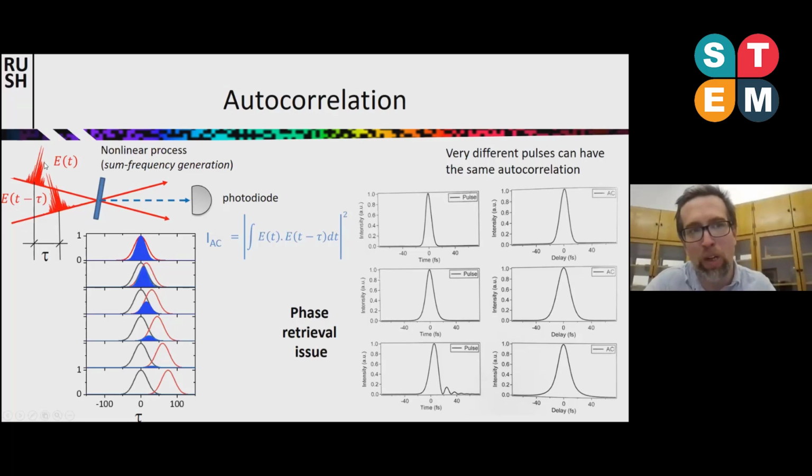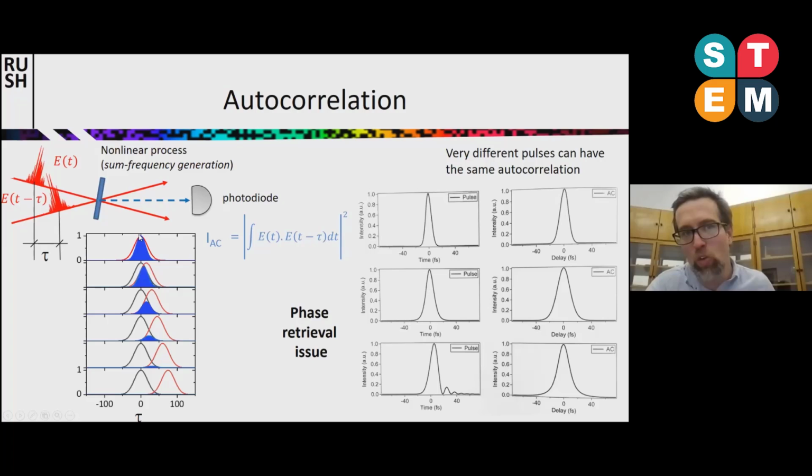So you see here pulse 1, pulse 2. You adjust the delay between them, and you send them through a nonlinear crystal, for instance BBO, generating a second harmonic, meaning that from 2 photons of these 2 pulses you generate one which has double frequency, and you detect its intensity.